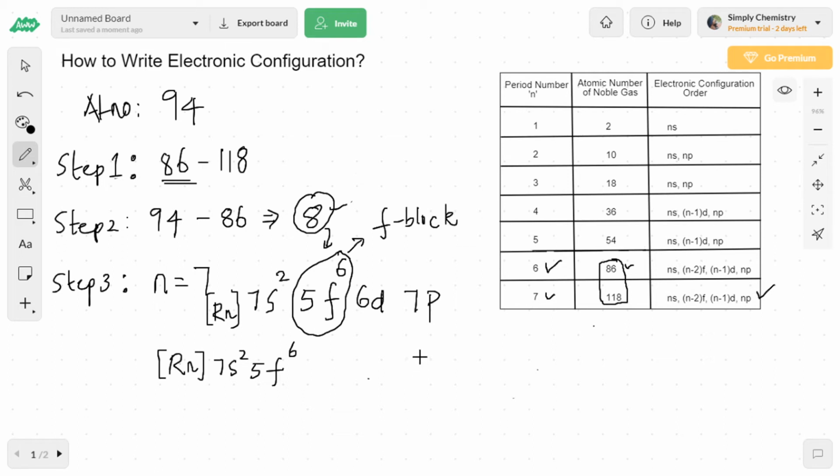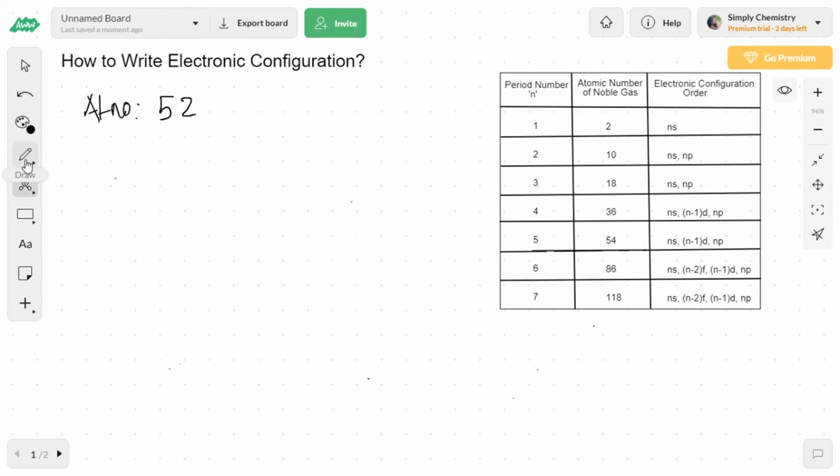So let us see another example. So let's see another example with atomic number 52. So step 1, you are going to find the band. So you could find it belongs to this band, that is between 36 and 54.